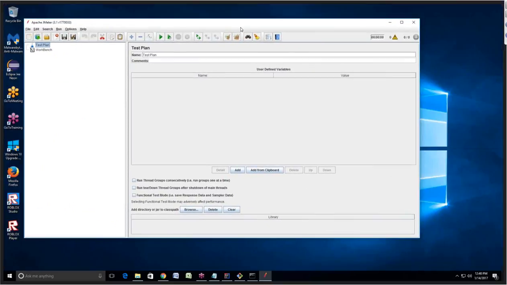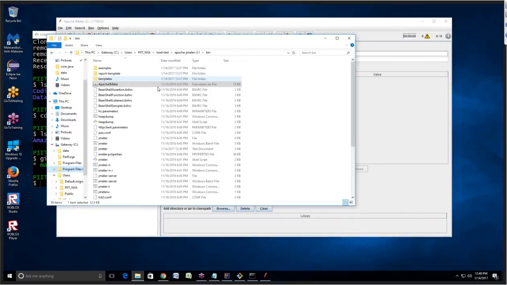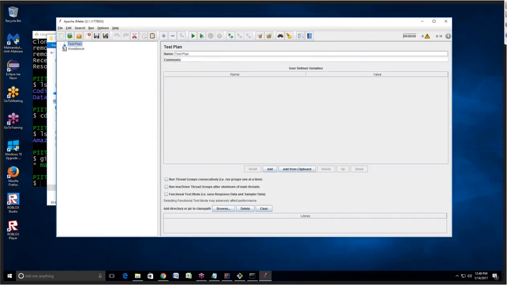This is one way to do, going to the command line or terminal. Another way is, once you enter bin folder on the directory, right-click or just double-click the Java JMeter. Double-click on it, it will run. But we also want to run from terminal. Okay, once you launch this JMeter,